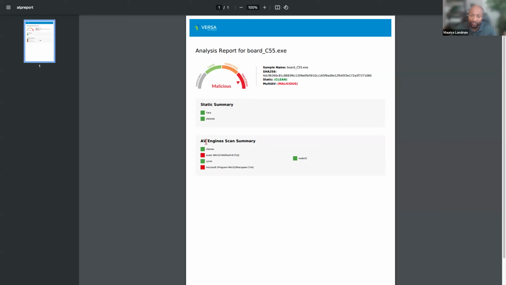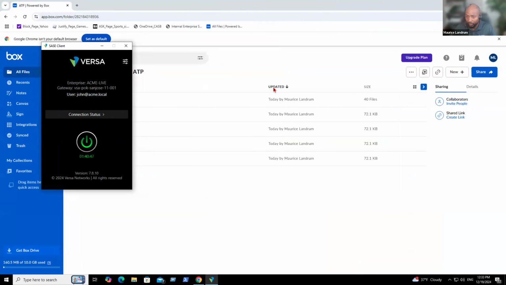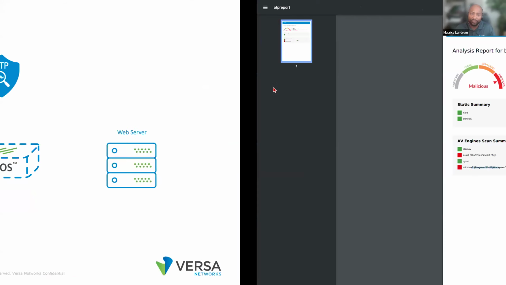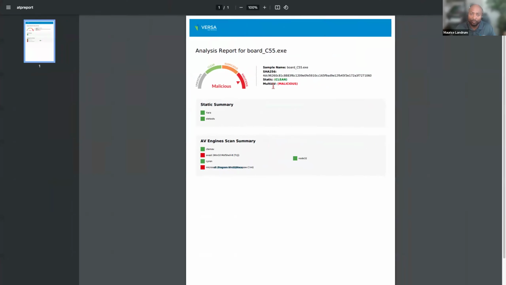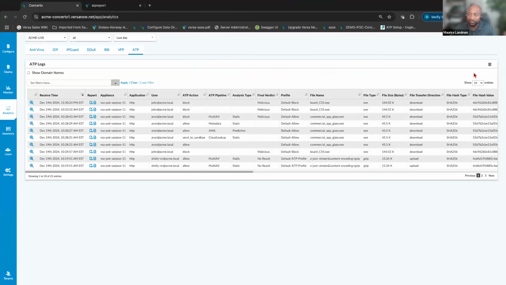Also notice here, based on the colors, you have green if we determined it was clean, and then red determined if it was malicious. So here you see that Avast and Microsoft did determine that this file was malicious. And this is where you would need that multi-AV engine to help you determine if the file is malicious or not. So let's see if we come back, because this is a live demo, right? We don't know, again, it's 5 to 7 minutes to determine if the file is malicious or not. And then from there, we come back to the analytics to check.